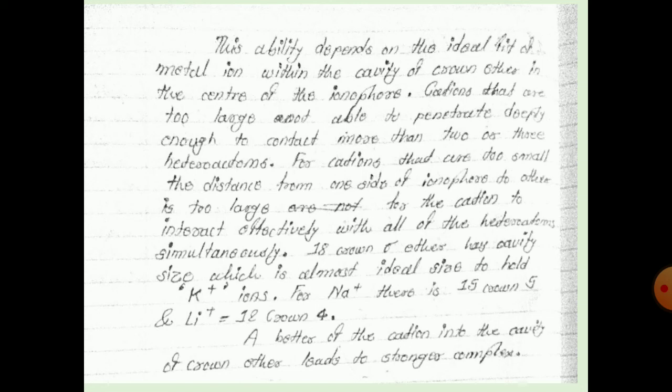Crown ether molecules are shaped like a donut and have a cavity in the middle. Facing into the cavity are the oxygen atoms, and facing outside are the 12 CH2 groups. Thus the exterior is lipophilic and the interior is hydrophilic in nature. The cavity in 18-crown-6 has a diameter of 2.7 angstrom. Here a K+ ion, that is a potassium ion, has a diameter of 2.66 angstrom, so it just fits into the cavity of the crown ether.